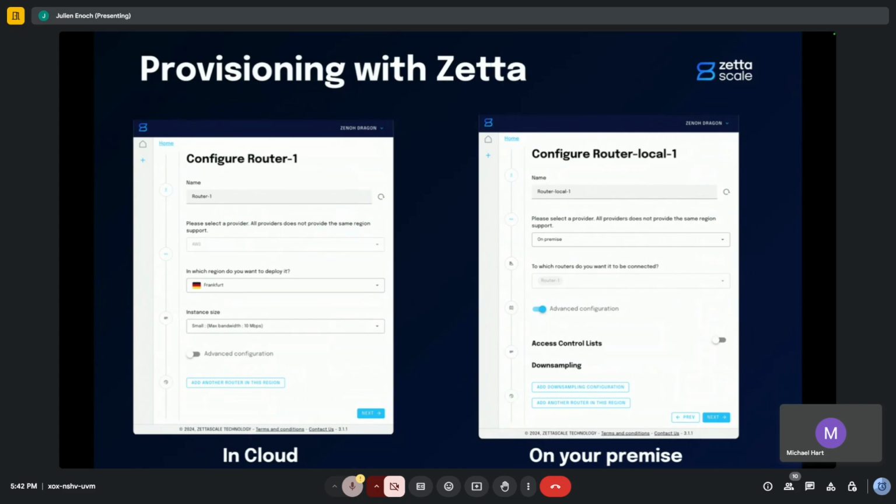So you can configure instances, EC2 instances provisioned for you to run a Zenoh router, with various sizes. But you can also configure a router to be deployed on your premises. And for this, there is no need for an agent to run on your premises. It will just generate for you all the deployment files, configuration files and certificates